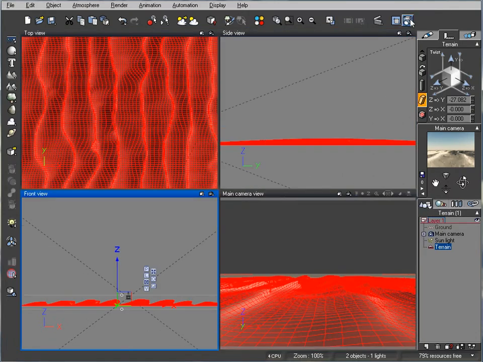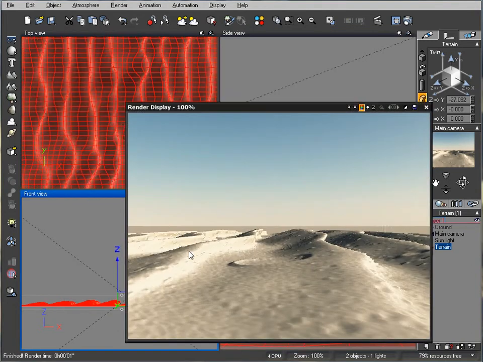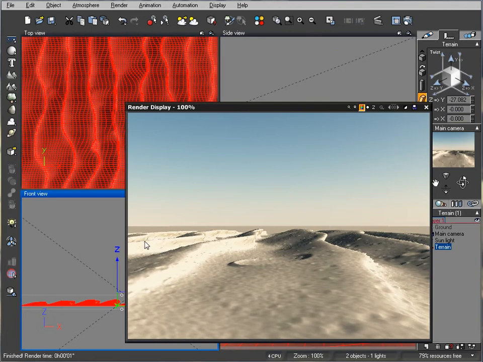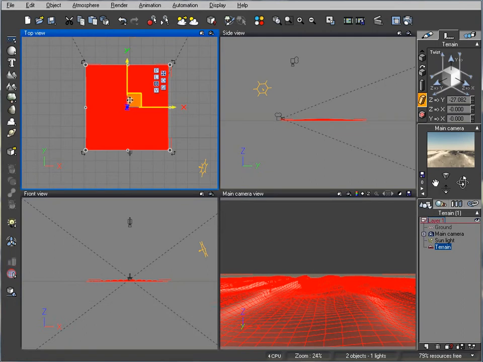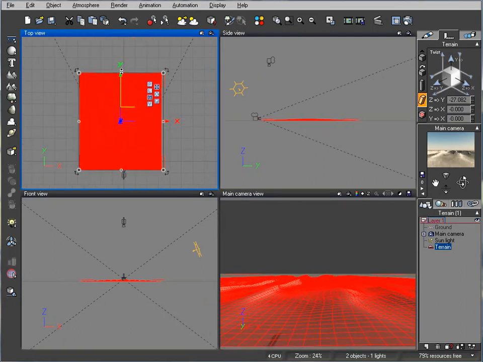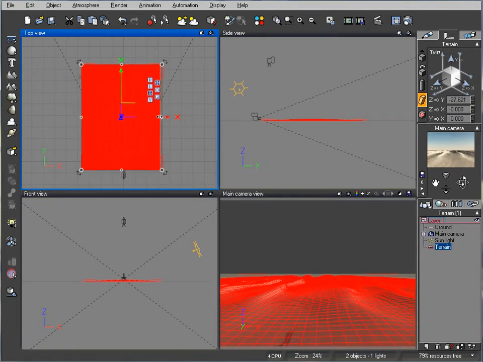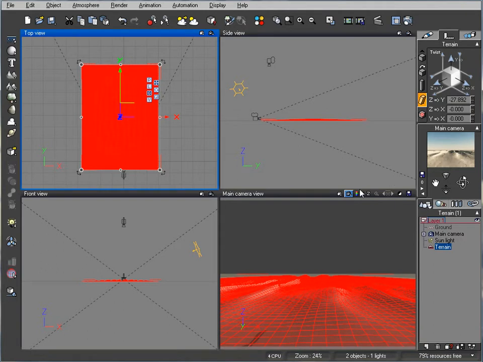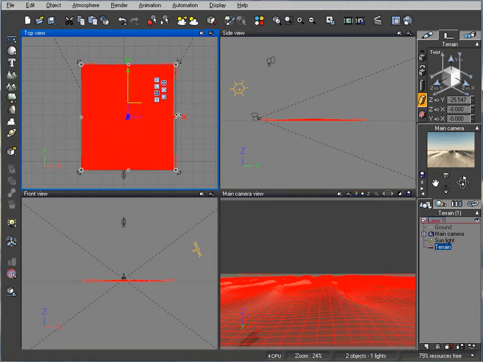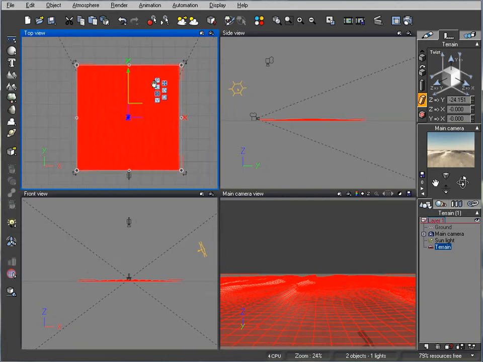At this point, if we go ahead and do our preview render, you can see we have nice looking dunes around there. So let's see if we can readjust a little bit. Again, if we want, we can skew more. Okay, adjusting. This will be our ascent. Next thing I want to do is